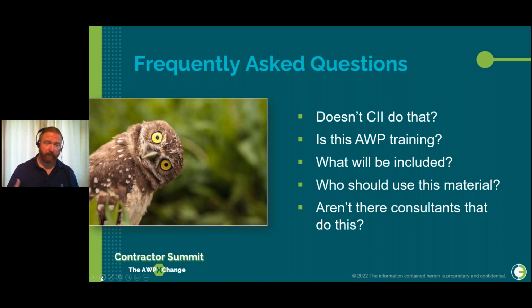What's going to be included? Like I said, we're going to try to do the whole life cycle. So everything from that early stage where you're setting up a business case, a return on investment, building an AWP procedure, path of construction, schedule, estimates, 3D model, contract language, EWP, CWP creation, everything you need to do all the way up to executing the work in the field.